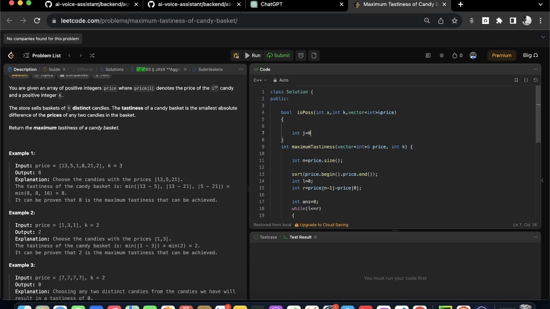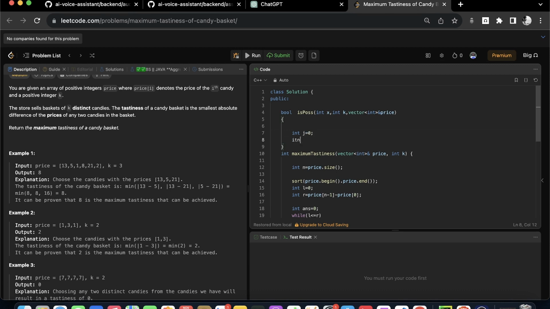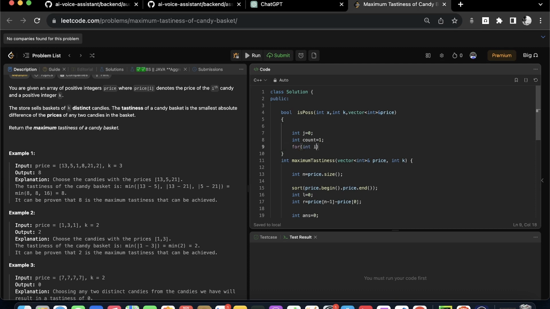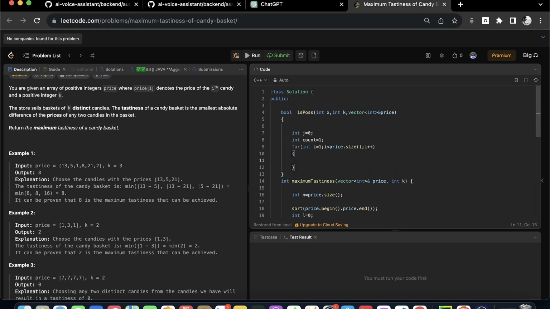We'll initialize a j pointer. As I said, you will initialize int count to count the number of candies that can give you a difference of this x. For example, with 10, count equals to 1. Simply, for i equals to 1, i less than price dot size, i plus plus. Okay, what you'll do next,